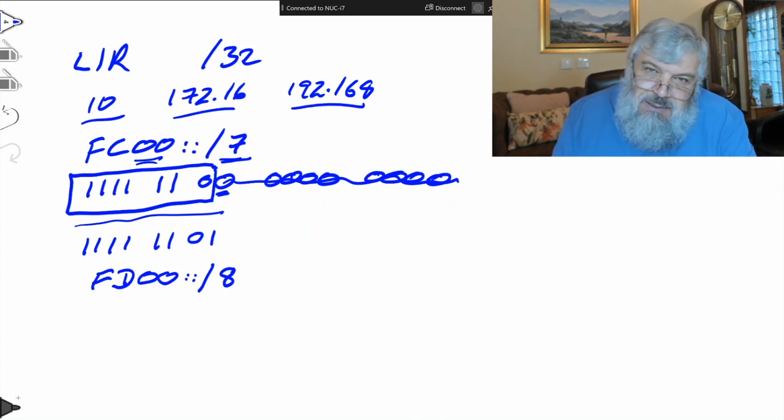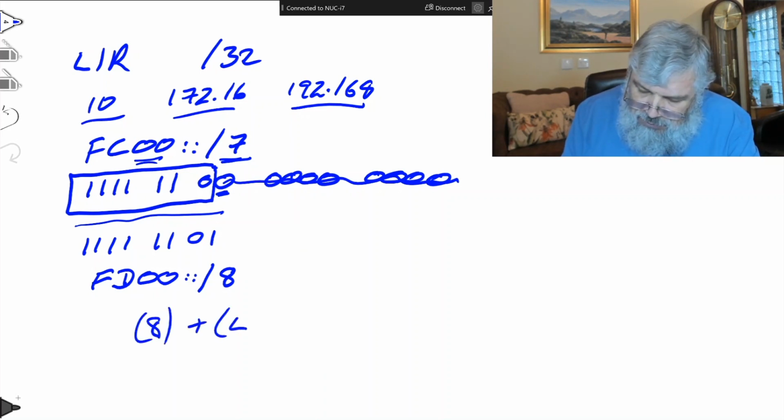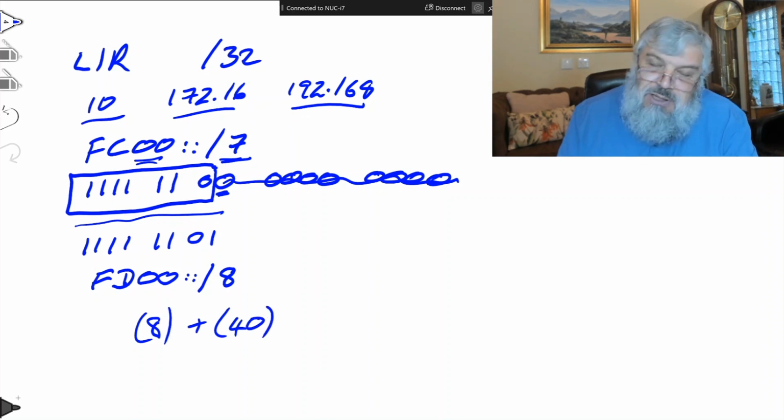The way that the private addresses in this range works is as follows. You're going to use the 8 bits that are prescribed. You're going to insert 40 bits of a random number.